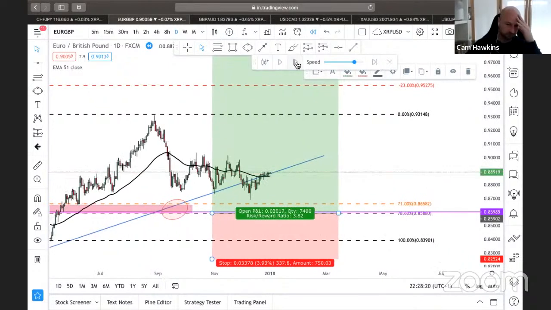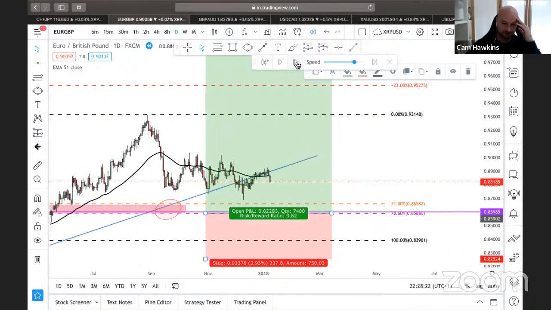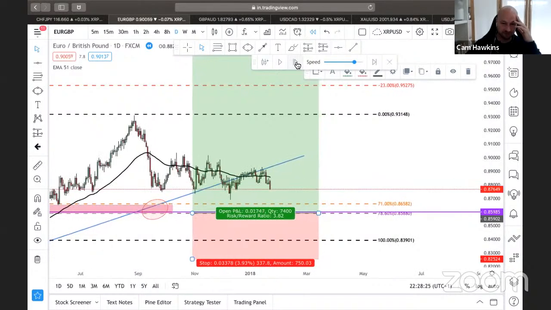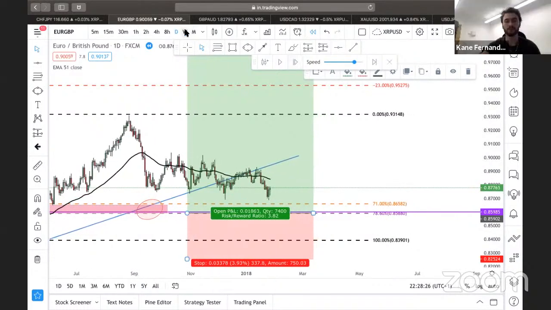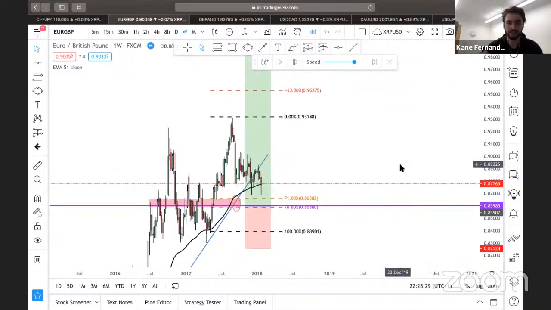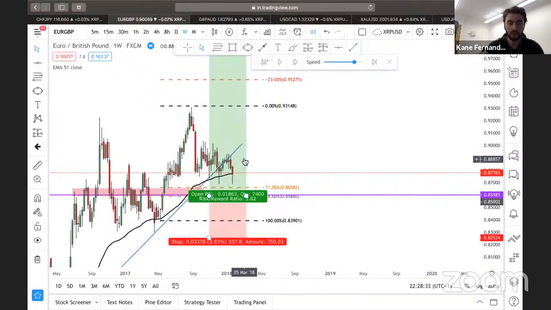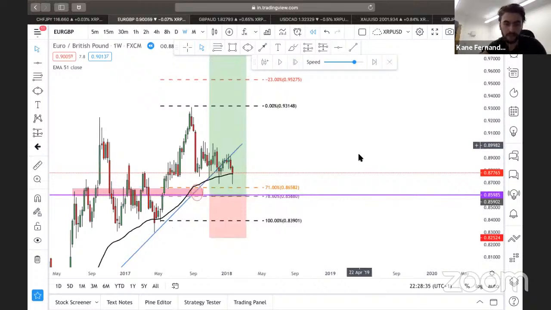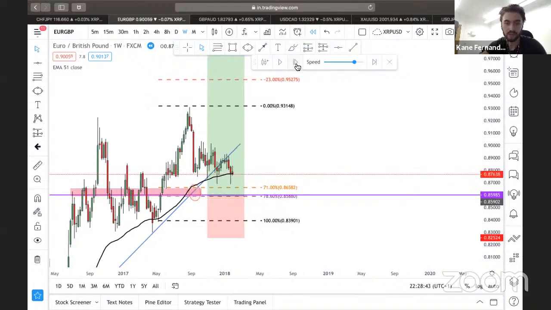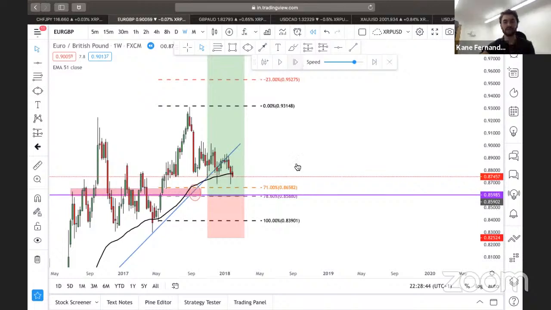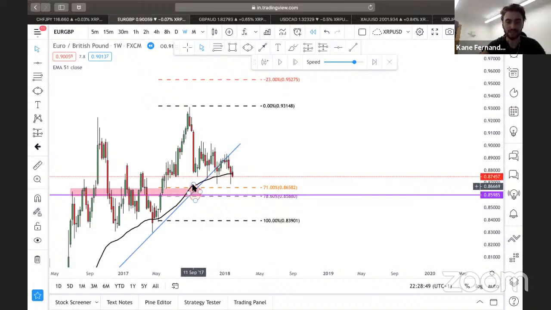It's interesting how the trend lines do get respected, not all the time, but when they do, they do. If we go back on the weekly, is it still being respected? Okay, so the EMA is still being respected. So for me, I'm saying there's more upside for this because I can still see it's respecting this, but there really isn't a trade.